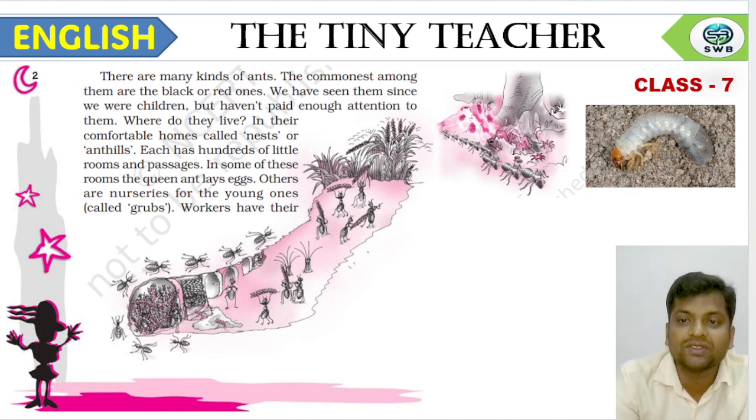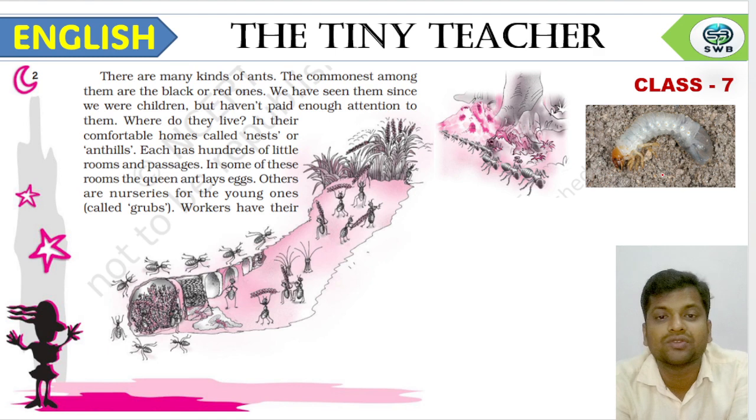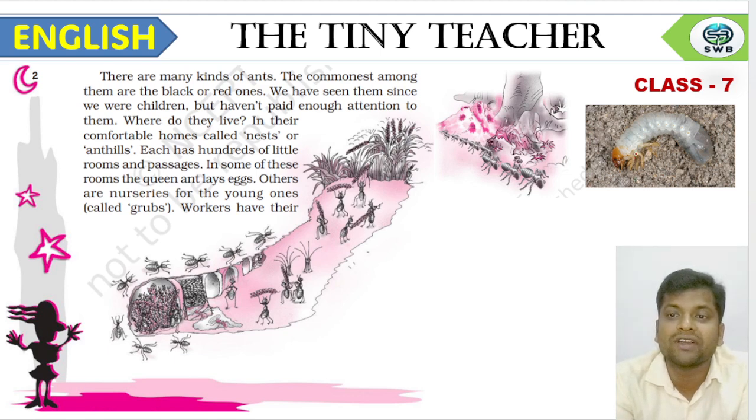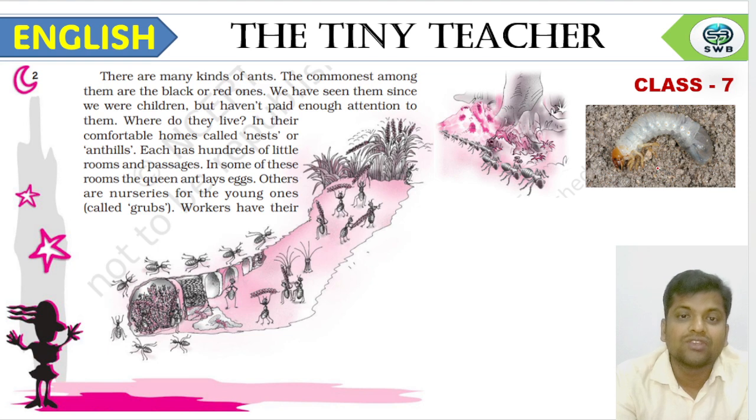This is the picture of the grubs. The other rooms available in that ant hill are only for the grubs. This is the picture of the grub. This is an immature ant. You can say this is the pre-birth stage of the ant. So workers have their